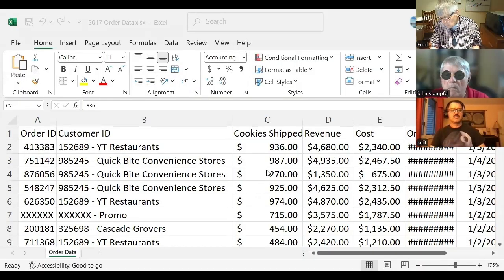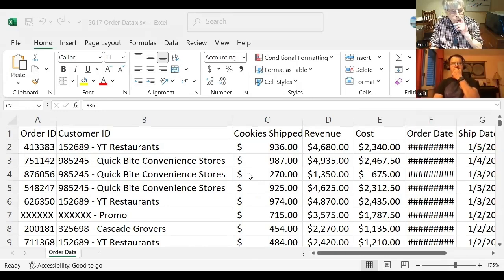And okay, it looks good over here. Let me hide the controls. The controls are not showing. Okay, so